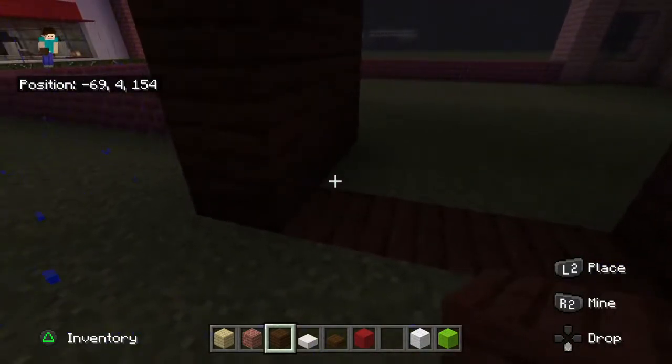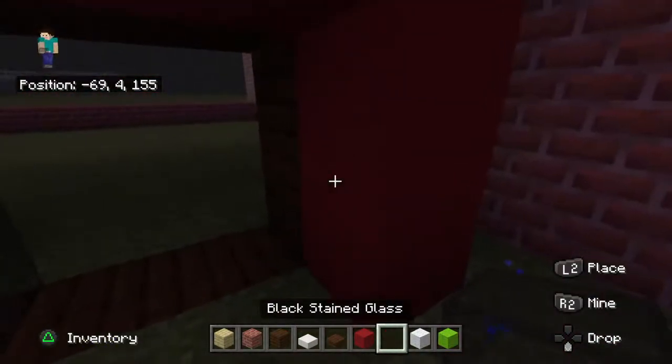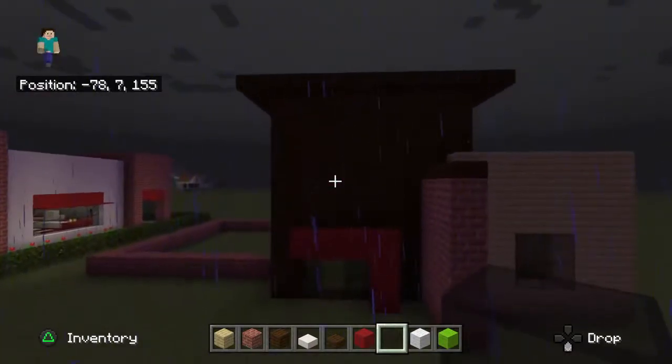On the left and right sides, we're going to place a glass block here, right? The middle is going to be the entrance. We don't have those blocks on us at the moment, though, so